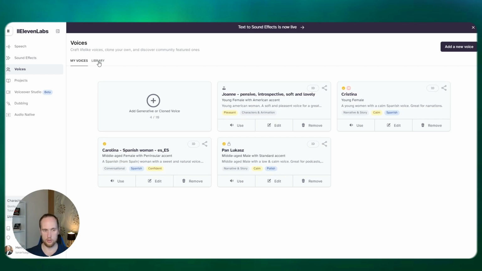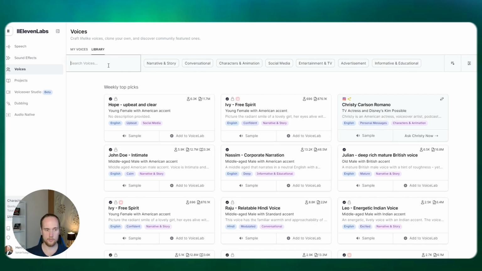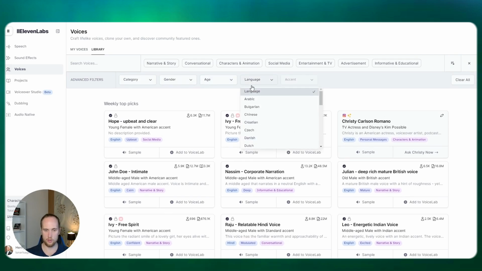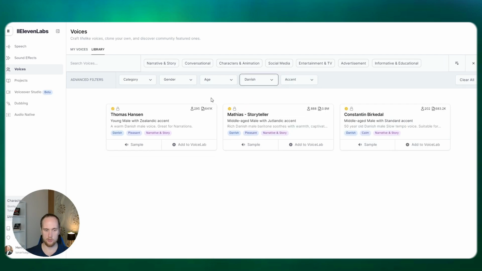What you can do is you can jump in a library here, and you can search for voices or filter voices. So say you want a Danish language, you just select from here and have a listen to these samples, and then you just click on add to voice lab, and that's how you find your voice that you want.